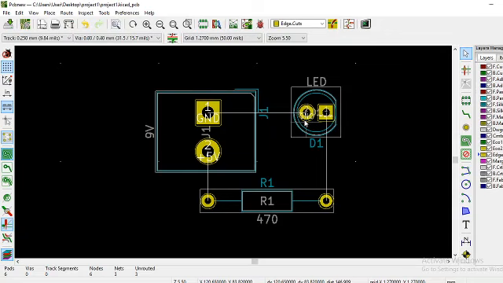Then click the Add Graphic Polygon icon on the right toolbar. Then trace around the edge of the board, clicking at each corner.